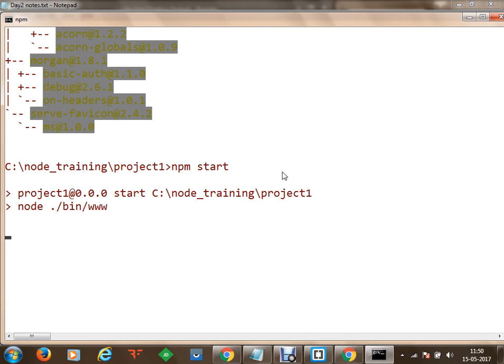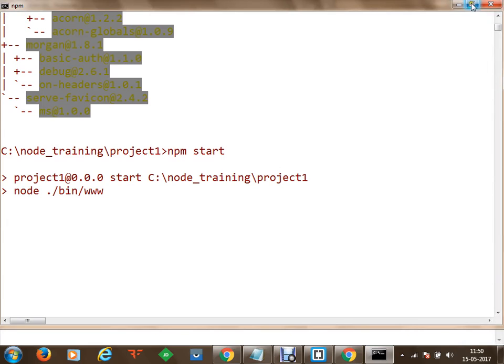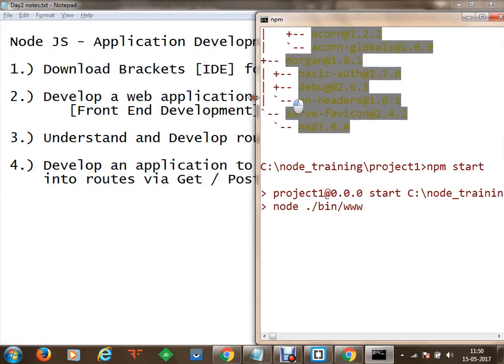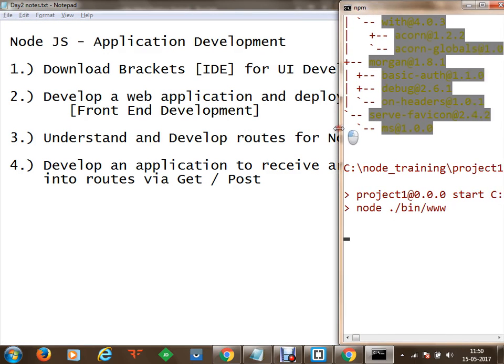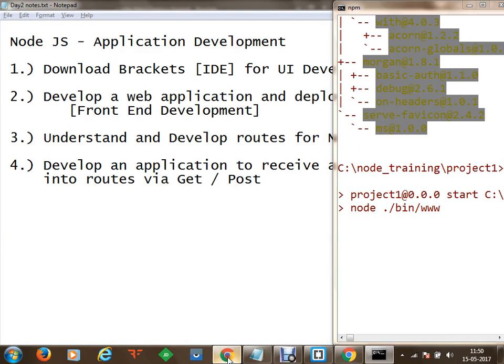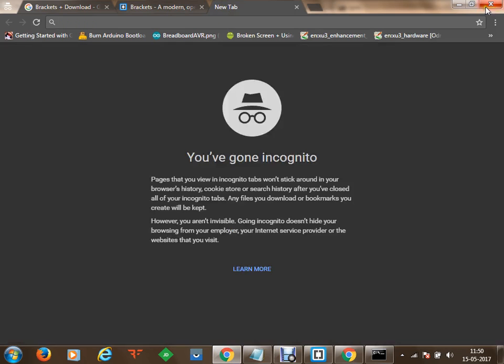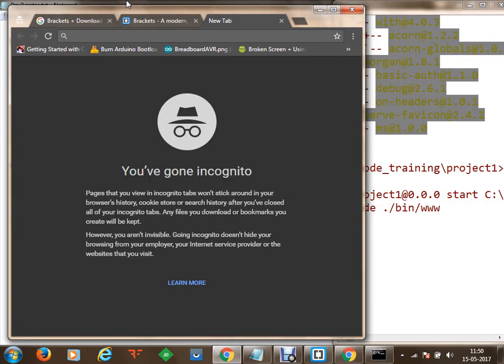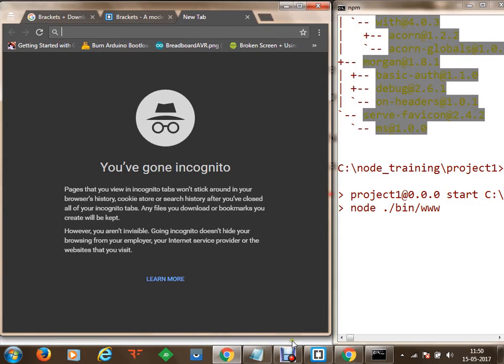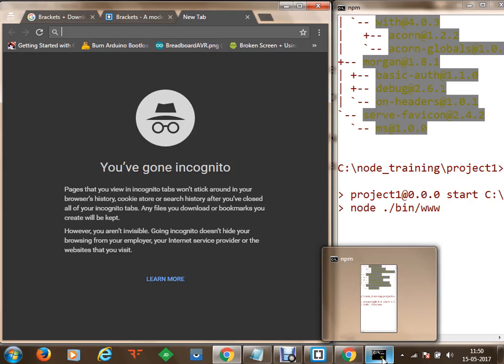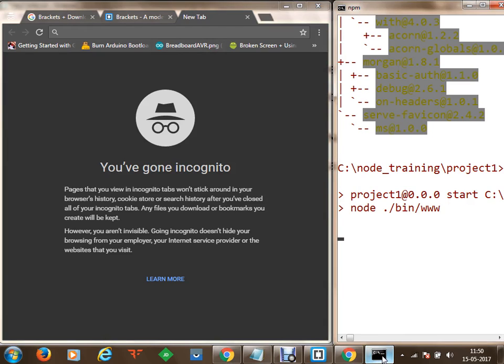So now what next we have to do, once we have got my Node server available, I'm going to put that on the right hand side. And now I would like to open my Google Chrome, and on this I'm going to search for the application and test that on my user interface here. If you want to run this application on the local area network, you can also check the IP address of your machine, and you can test through that as well.